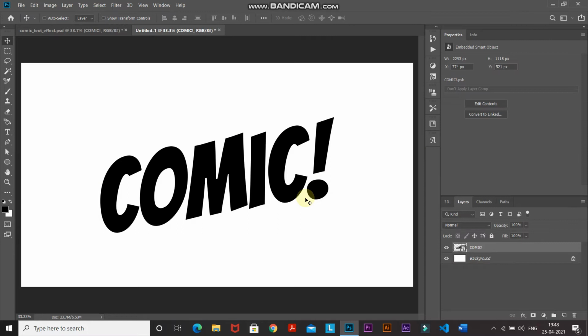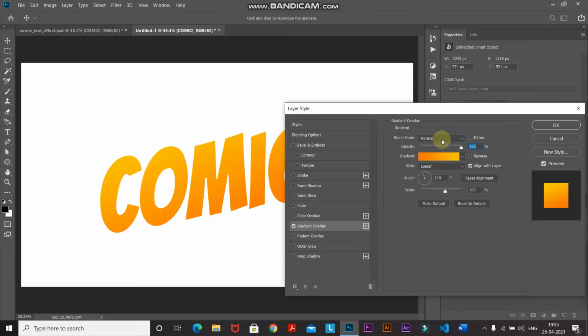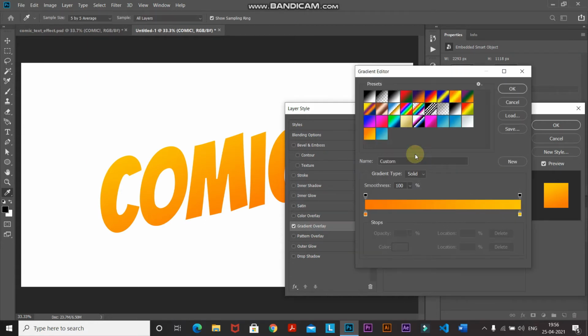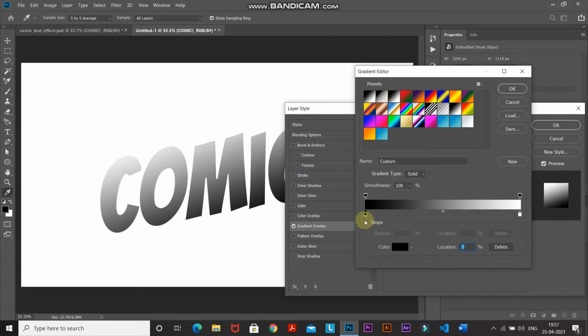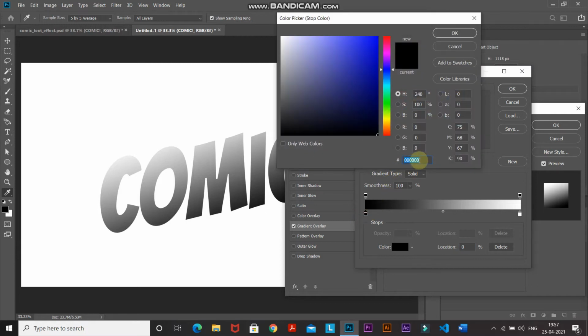Now the next thing we will be doing is changing the color of this text. So for that click on add layer style option and then select the option as gradient overlay. And then set the blend mode as normal, opacity as 100%, and then click on the gradient icon, which will give you a pop-up in order to set the gradient. After that select the gradient as black and white and then double click on the leftmost bottom color stop, which will give you a pop-up in order to set the color, and then set the color as follows